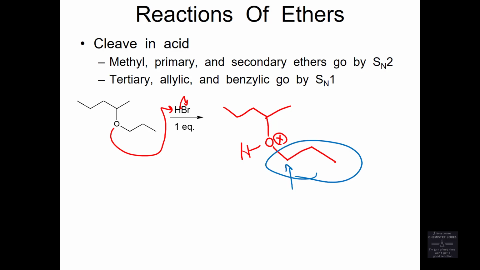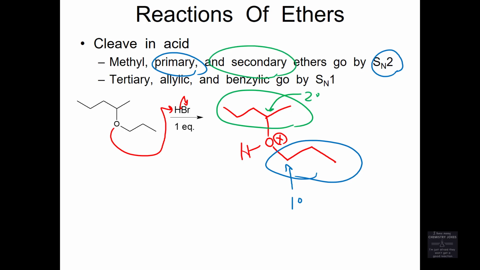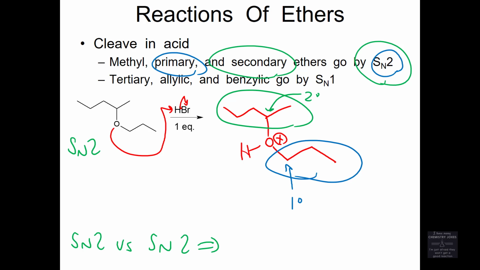This side is primary. It says SN2. This other side is secondary. It says SN2. Both sides agree that we're going to do SN2. But when it's SN2 versus SN2, you have to figure out which side you actually do the SN2 on. You attack